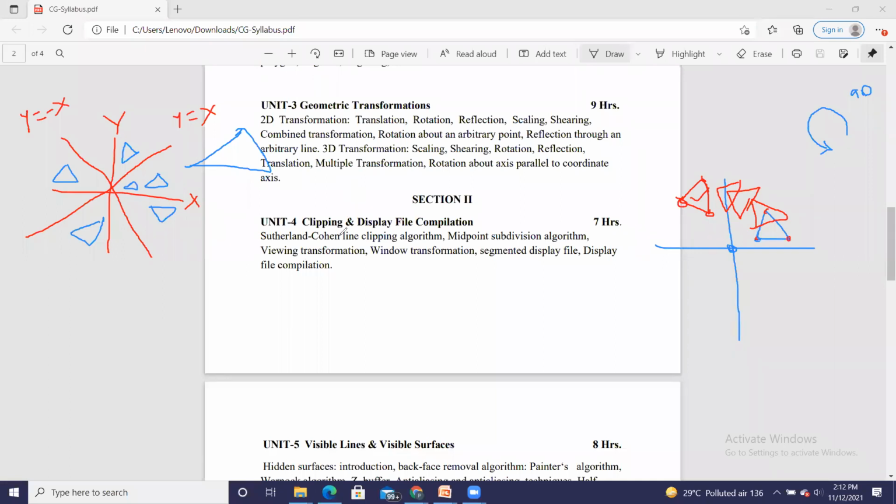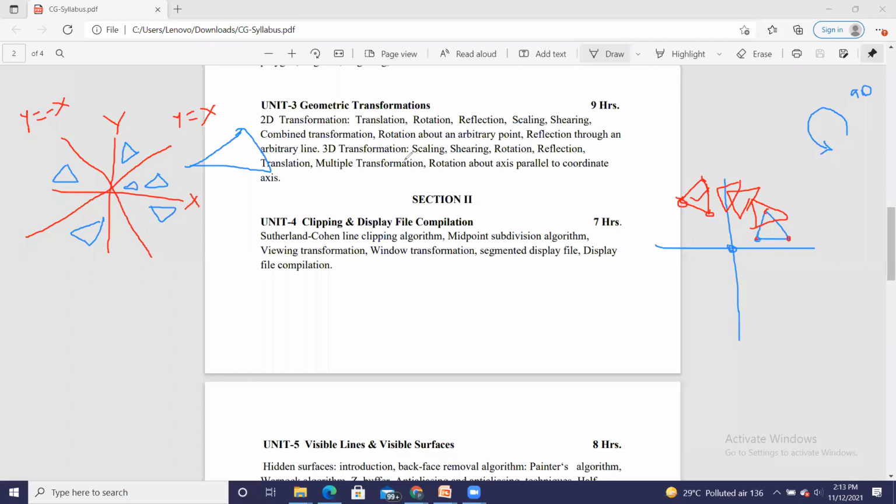That means the multiplying factor for x is 2 and the multiplying factor for y is 3. So it may also happen, and that is called non-uniform scaling, because the scaling factor is not the same for both x and y. It is changing, and that's why it is called non-uniform scaling. So these things we are going to learn under scaling.